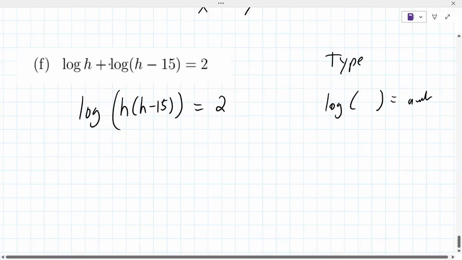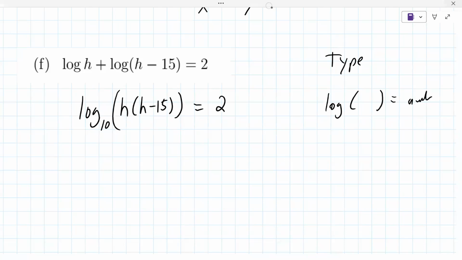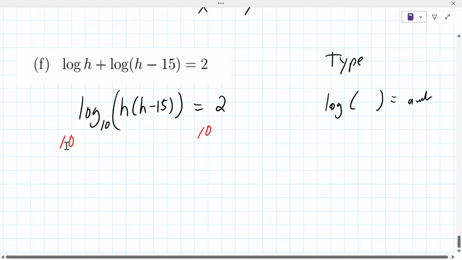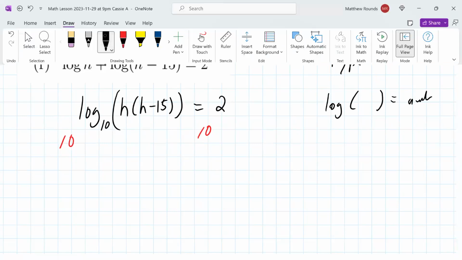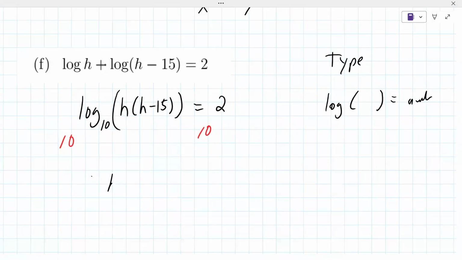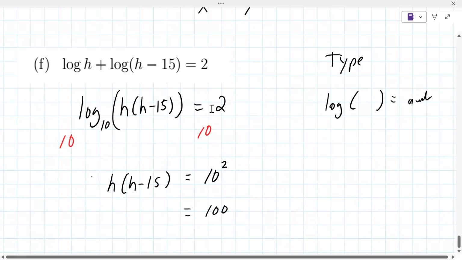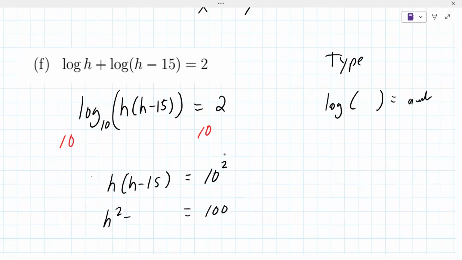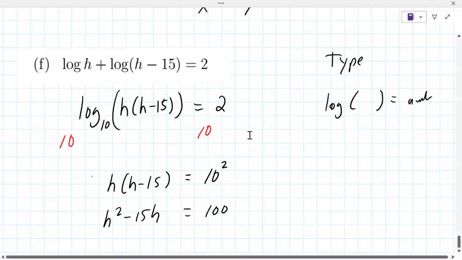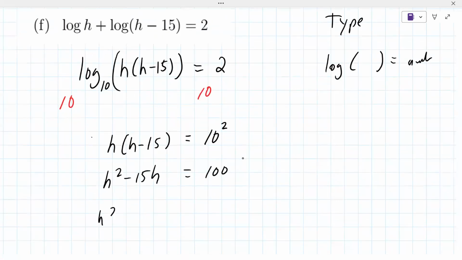Yeah, 10. So there's this step now to undo the logarithm where you apply the same base of the logarithm as the exponent base to both sides of the equation. Have you seen that before? Mm-hmm. So it does undo the logarithm. And it's so easy to forget to multiply this out. They sometimes make problems where it works with 2 or 10 to the 2. They're very tricky. And so you bring the 100 back over,